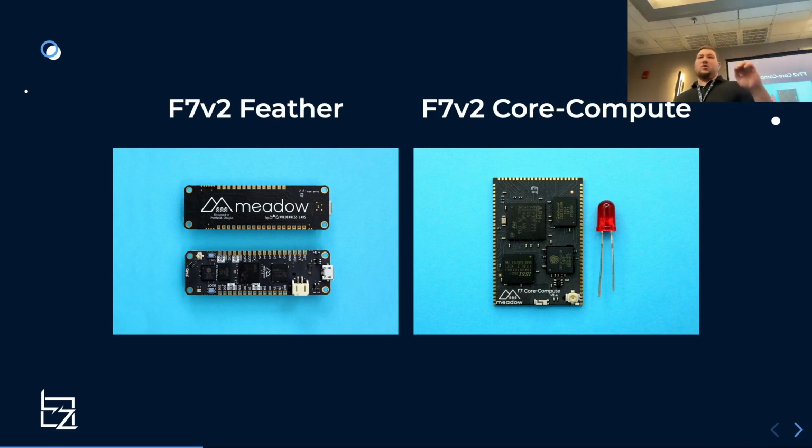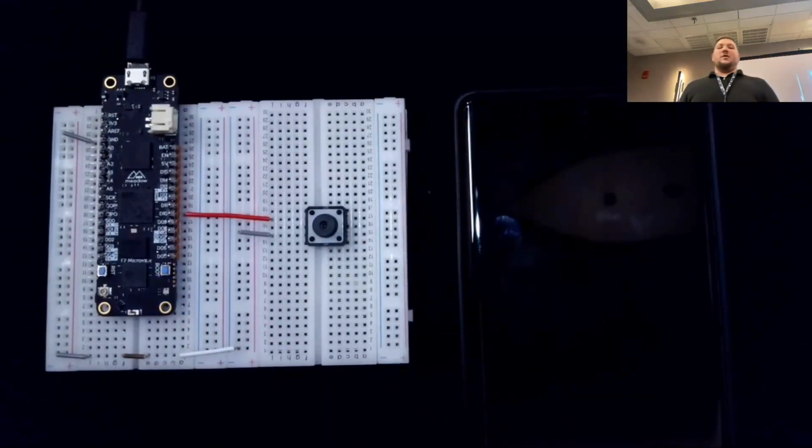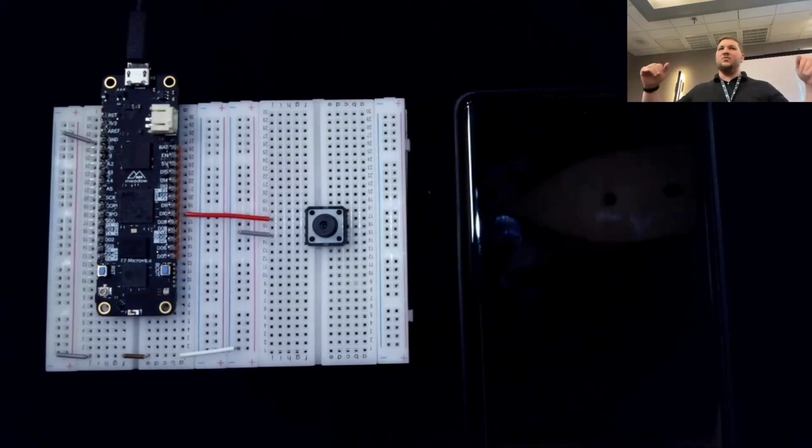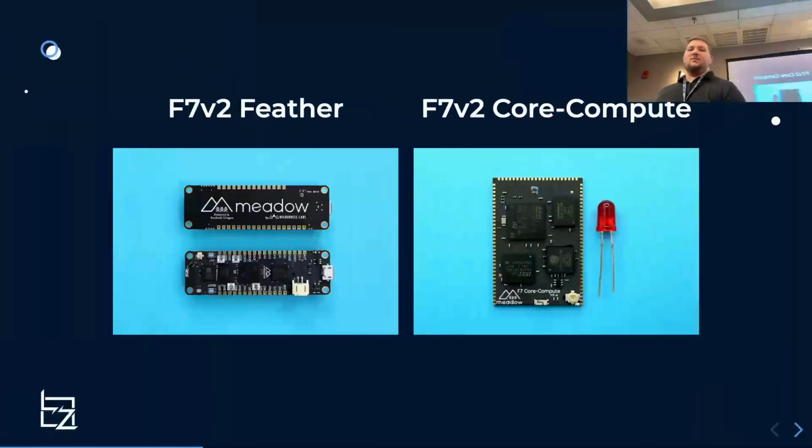But the F7 V2 Feather is really meant for development purposes. It's great to plug into a breadboard, which is what this little white thing is. This is what we call a breadboard, and it's used for putting together electrical circuits without having to do any soldering. A bunch of these little pins on here are actually connected as if they were soldered, right? And so the Feather format works really well with plugging into a breadboard like this,